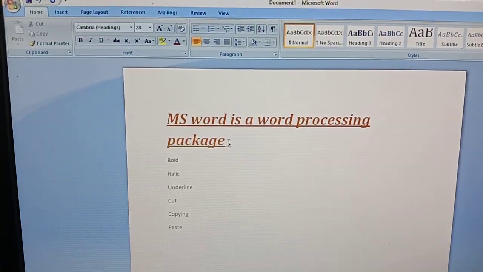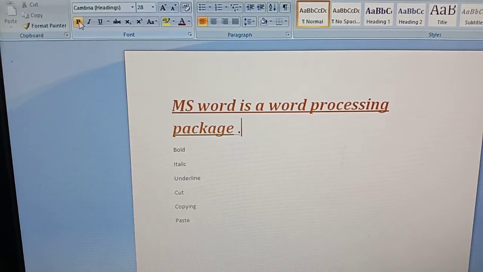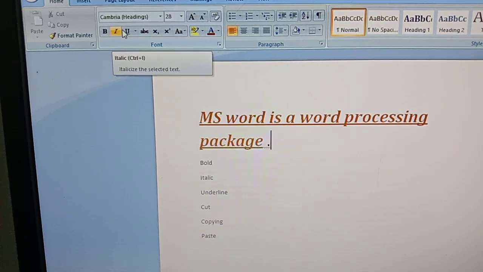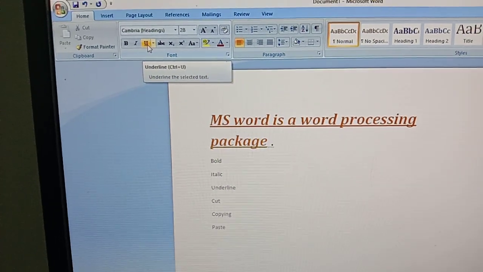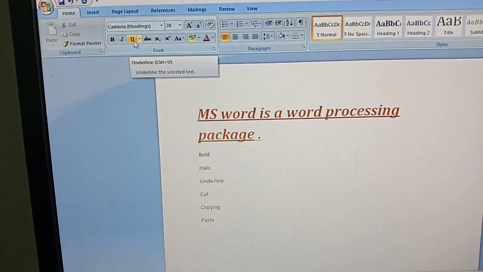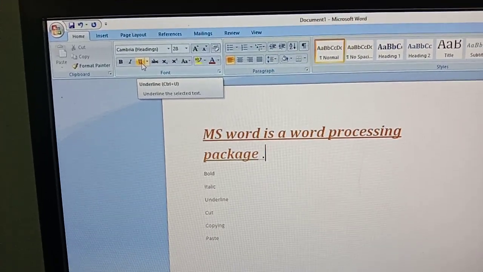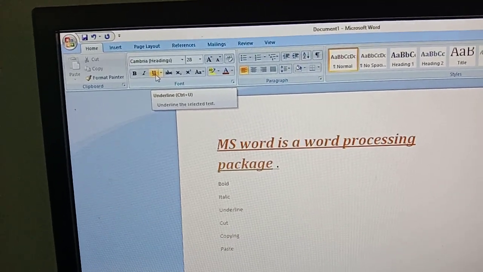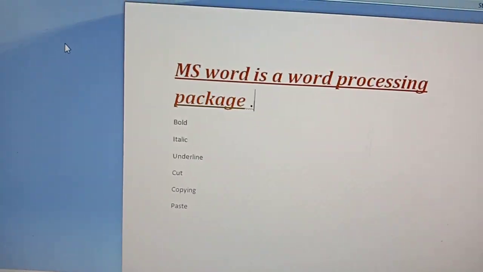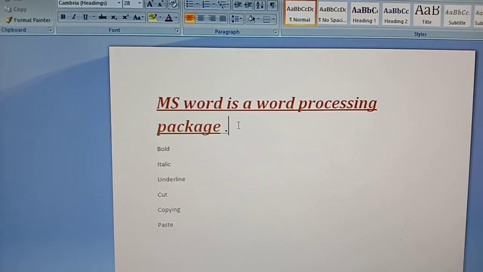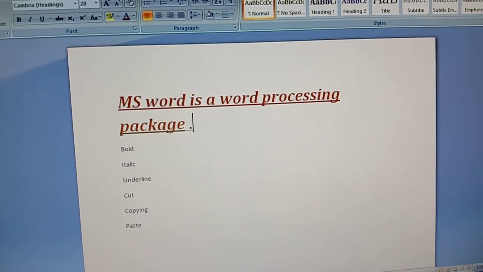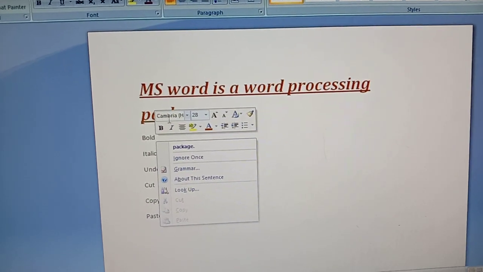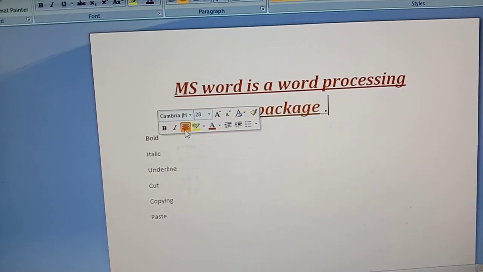Okay. And here are the shortcut keys for bold, italic, underline. Ctrl+B for bold, Ctrl+I for italic, Ctrl+U for underline. Okay. So these are the procedures for changing text size, that means font size, font style, effects. And next, using a mini toolbar also you can change your effects. See, I told you in the previous video, you just give a right click and you'll get a mini toolbar. Here you can do the alignment also.